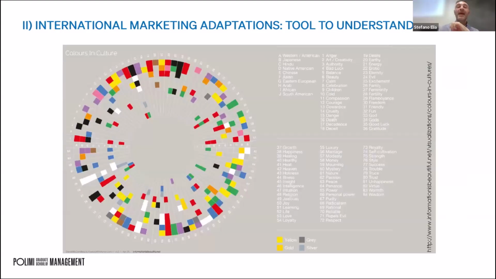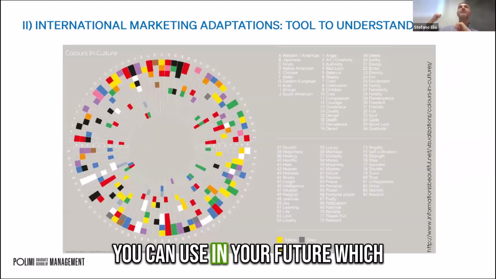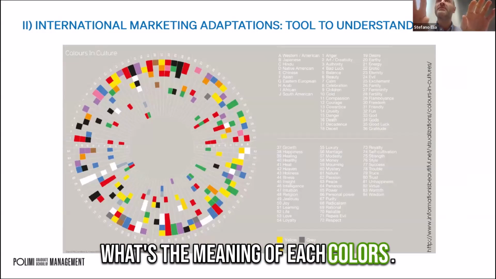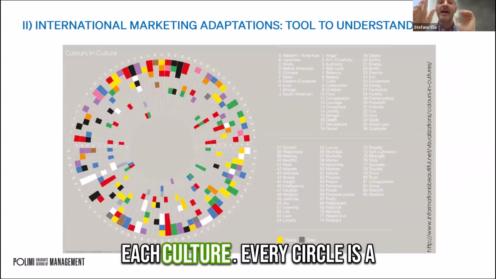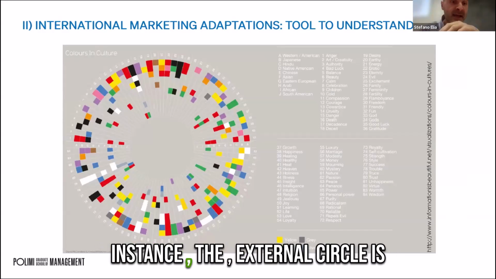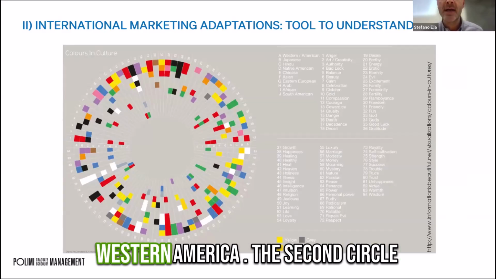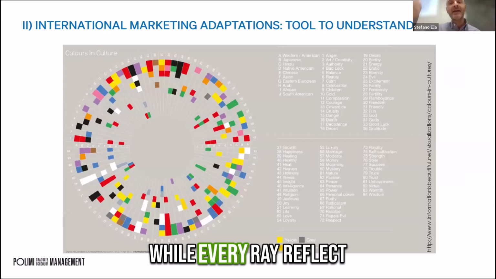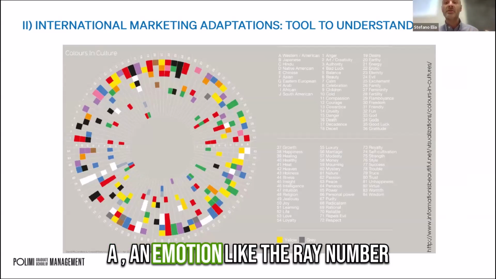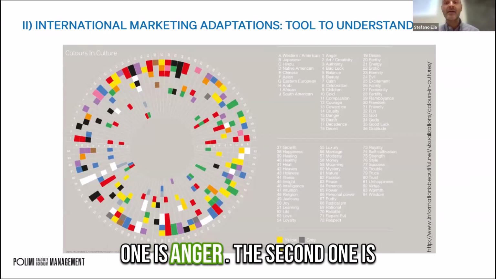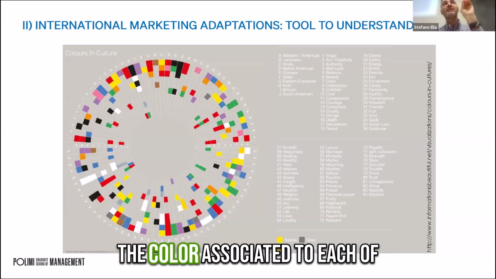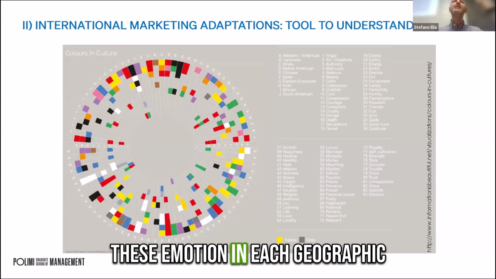Okay. And here is another tool that you can use in your future, which basically gives you an idea of the meaning of each color, how each color is interpreted in each culture. Every circle is a different area of the world. So, for instance, the external circle is Western America. The second circle is Japan. The third one is Hindu. While every ray reflects an emotion, like ray number one is anger, the second one is creativity, the third one is authority. And it tells you what color is associated to each of these emotions in each geographic area,